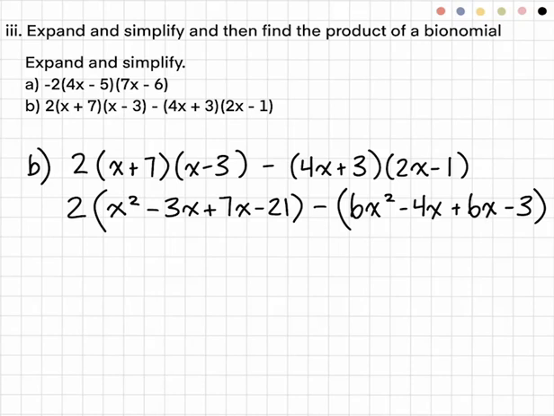Okay. What am I supposed to do here? I have to collect my like terms. So I see I have like terms here and like terms over here. So let's go ahead and do that. Okay, so I've got 2, I've got x squared plus 4x minus 21 minus,